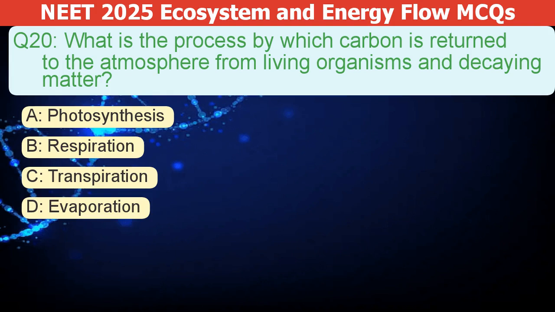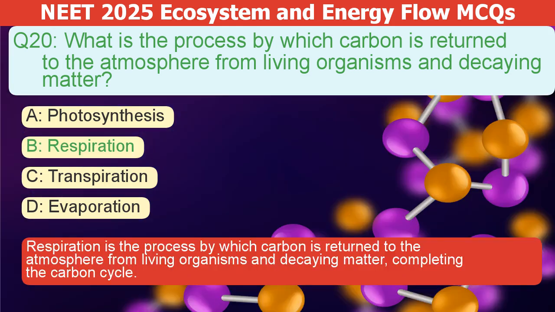What is the process by which carbon is returned to the atmosphere from living organisms and decaying matter? A. Photosynthesis. B. Respiration. C. Transpiration. D. Evaporation. The correct answer is B. Respiration is the process by which carbon is returned to the atmosphere from living organisms and decaying matter, completing the